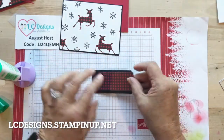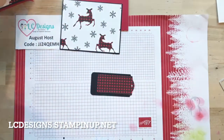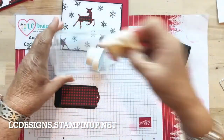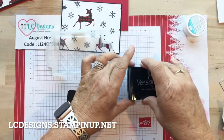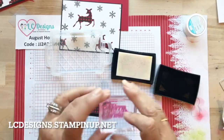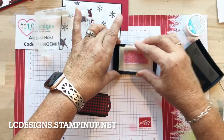So we're going to layer those together. And I forgot, before we do that, we're going to use our embossing powder. And we're going to emboss this to say Merry Christmas. I'm using the Perfectly Plaid stamp set. This is a carryover from last year, but I really like this one, and I like the Merry Christmas on it. So we're going to stamp this in Versamark,